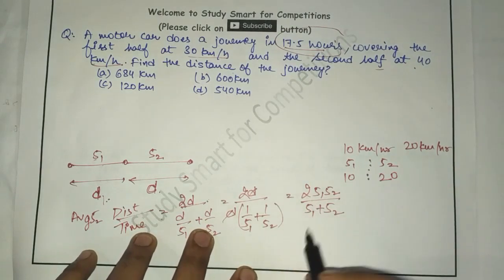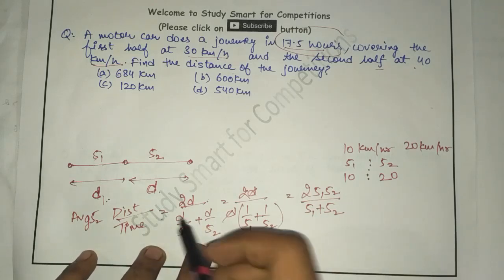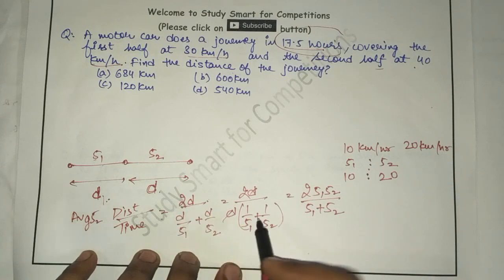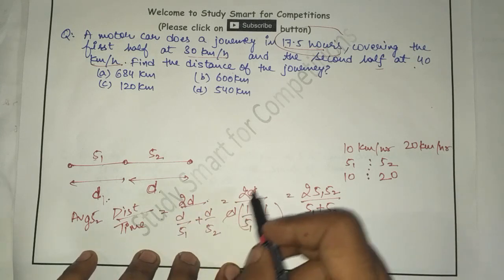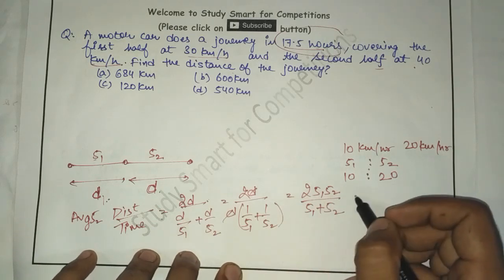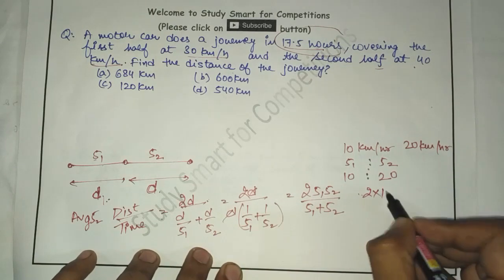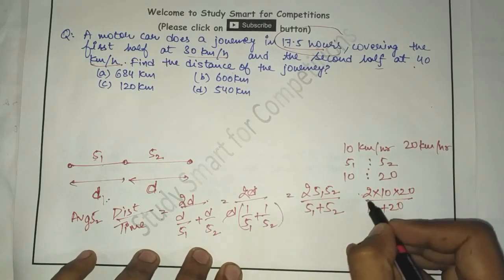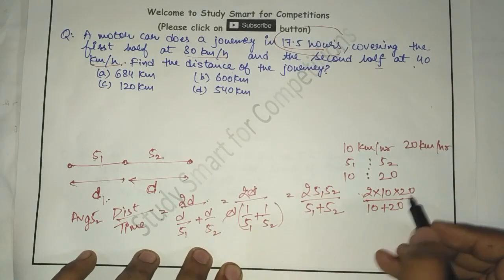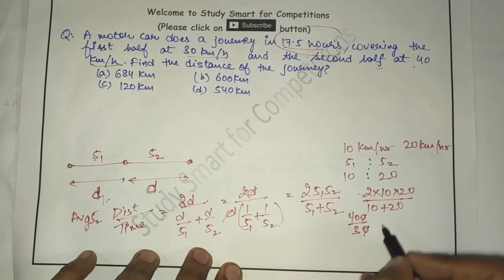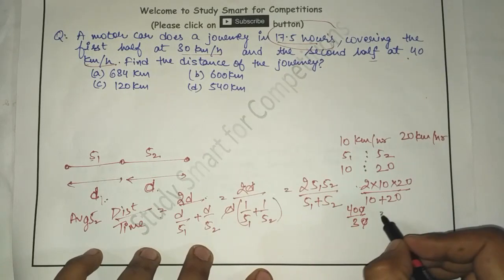So if I go with this formula, total distance over total time, 2d over d by s1 plus d by s2, d cuts and 2 s1 s2 over s1 plus s2, that shows me the value would be 2 multiplied by 10 multiplied by 20 over 10 plus 20. So here it comes out to be 400 over 30, and that gives you the answer as